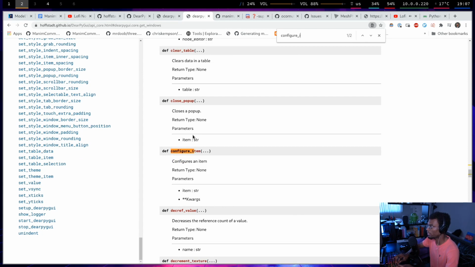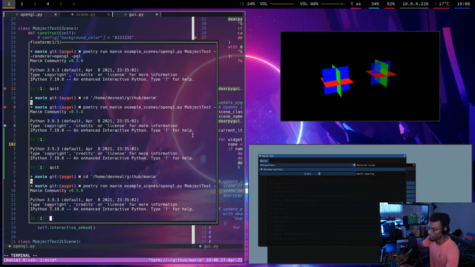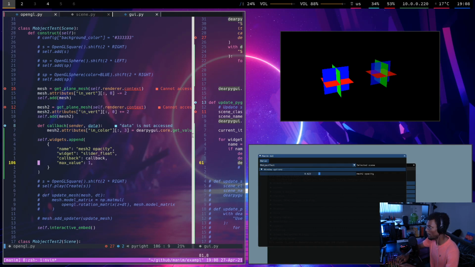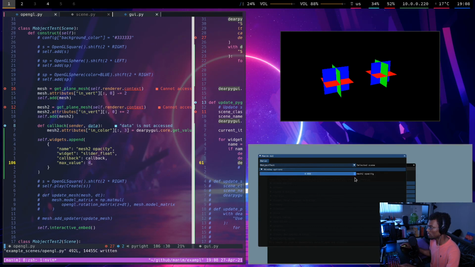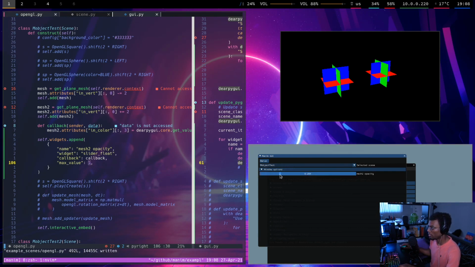I would have loved for configure to just automatically set the callback. But that would make life too easy. I wonder if configure can even set the... Like if I change the max value here to 4, save that. It picked up on that. It switched the max value to 4. But it isn't updating the callback, and I can tell it's not updating the callback because the